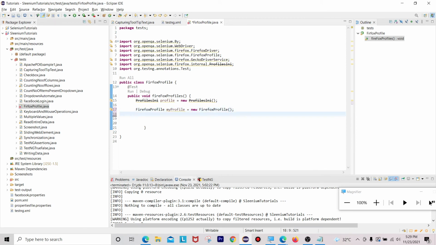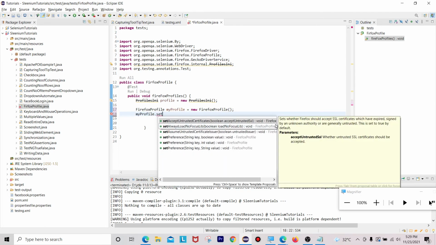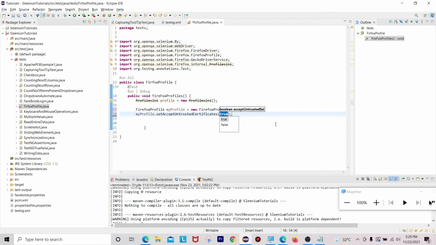Now myProfile dot setAcceptUntrustedCertificates, which will be true.